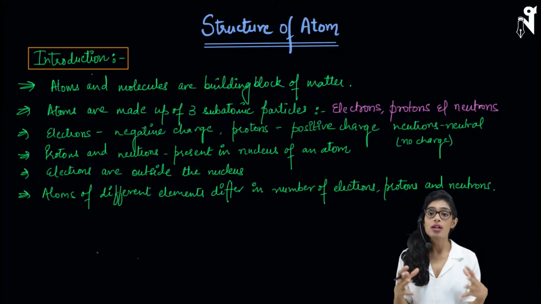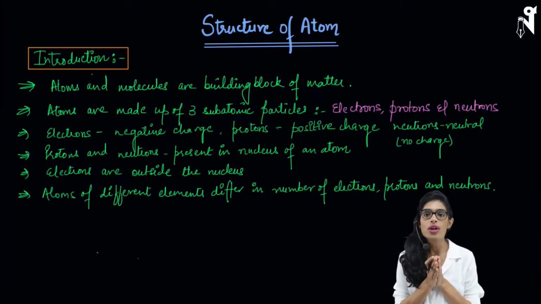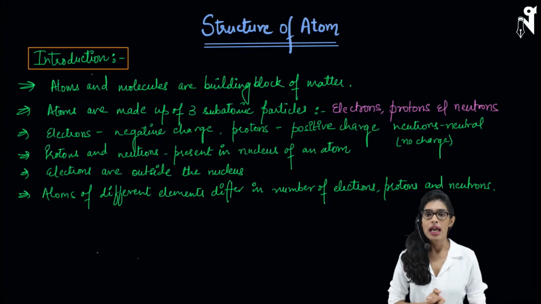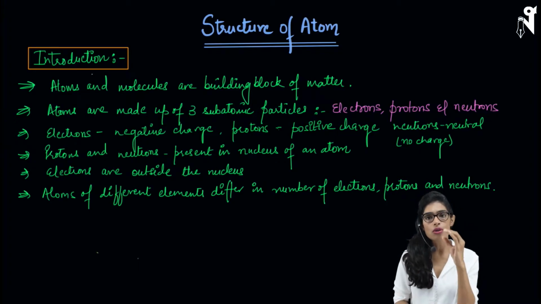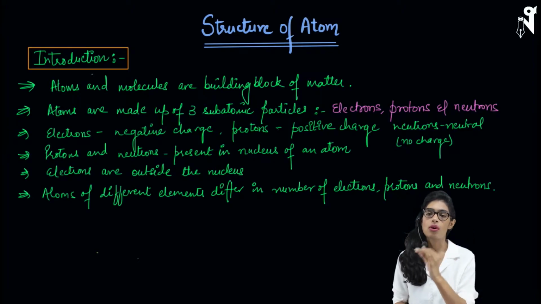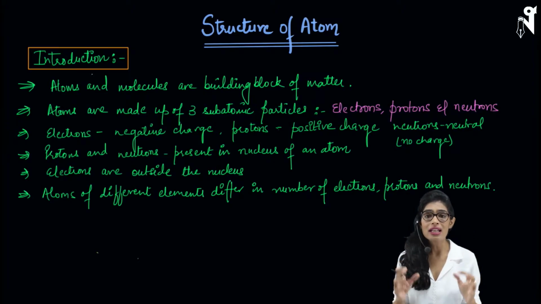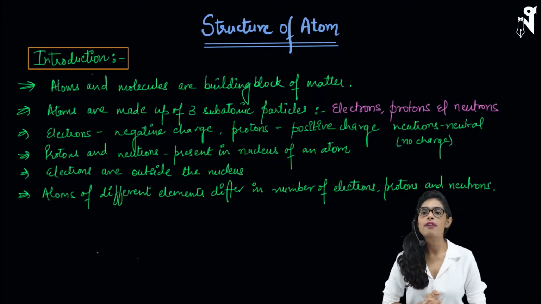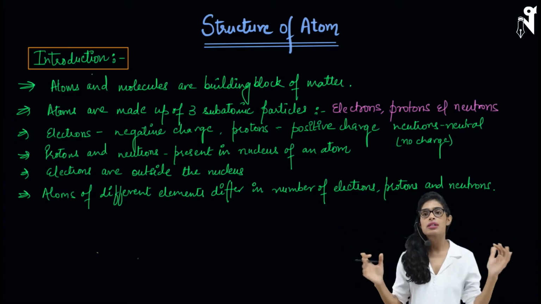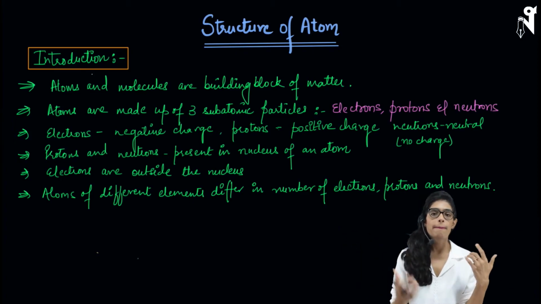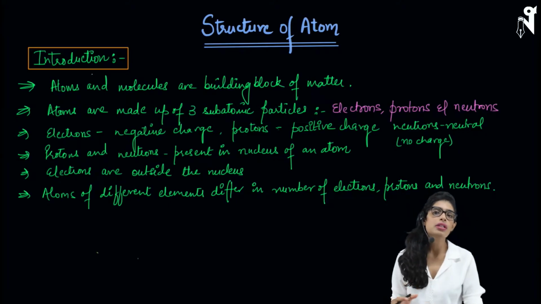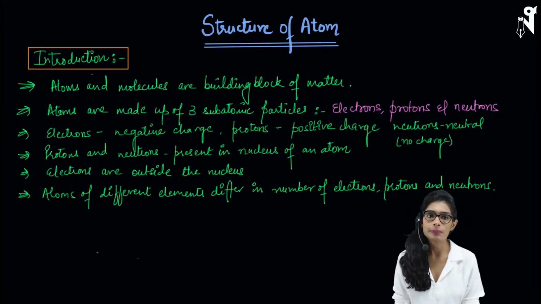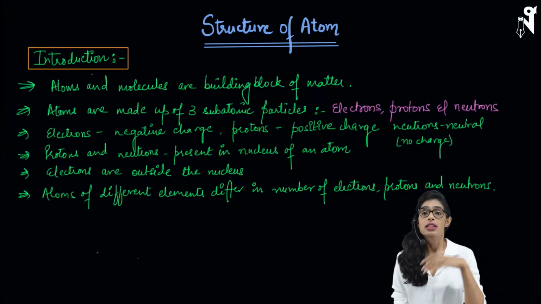In fact, we have understood some points about the atoms, and now we are going to understand the atom structure in much more detail. And more than that, we are going to understand the subatomic particles, or the parts of your atom, which are electrons, protons, and neutrons. So we have understood that atoms are very small particles. All the molecules are also made up of atoms. In fact, everything around us, me, you, this laptop, my pen, everything what you can see around us is made up of atoms. Atoms of the same element